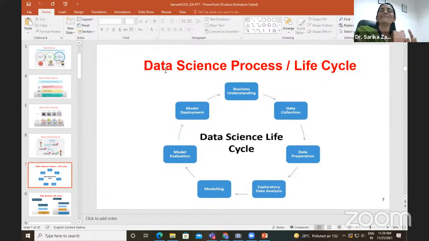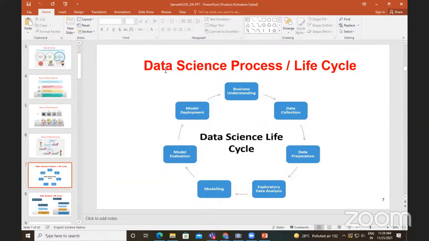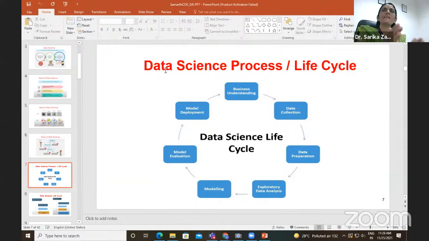Now we only have to understand what the requirement behind that is, and based on that requirement, we have to prepare the data. Preparing data contains lots of steps like preprocessing of the data, handling missing values, and applying logic to the missing values. Finally, if at first glance you have a data set with 100 attributes, after your observation the attributes become 50 or 10 or something like this, as per the need of the business.